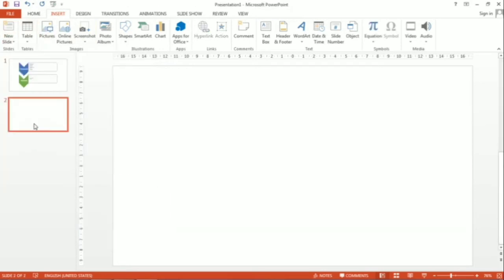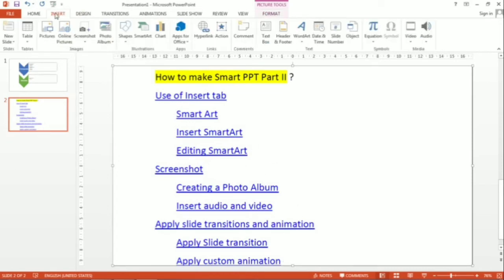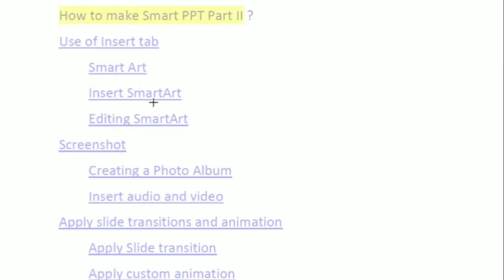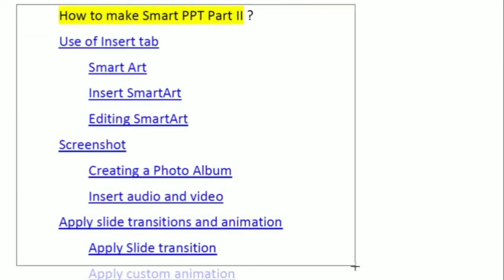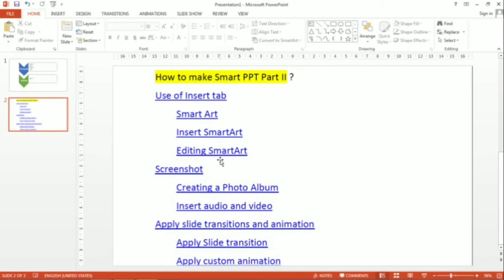So here I want to insert the screenshot. Insert screenshot. This one I want to use. See, automatically it will be printed in your slide. So like this you can take a screenshot. Or if you want to take a screenshot right now, click on screen clipping. Then the screen is available over here. Whatever you want to take, just drag it in this manner. So it is very simple. Whenever you want to take a screenshot of your current screen, that will come in your slide.